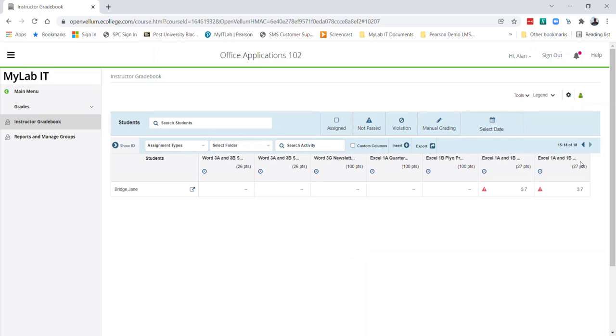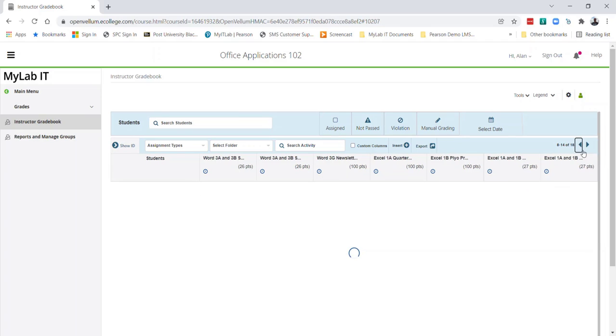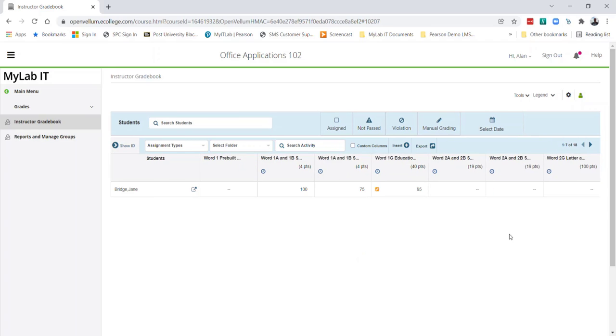The gradebook will be in course order. This means that assignments are sorted based on the sequence of assignments on the course materials page. For example, if you have a folder for Word 1, then Word 2, and so on within the course materials page, the Word 1 assignments will be seen first, and then the Word 2, and so on